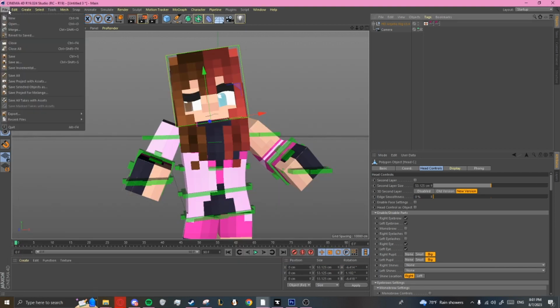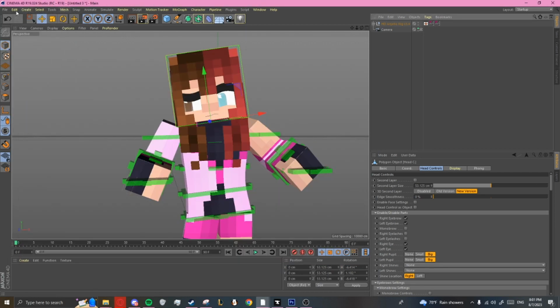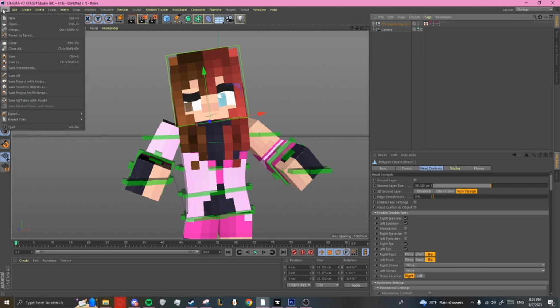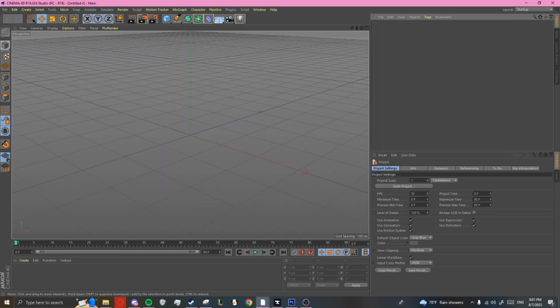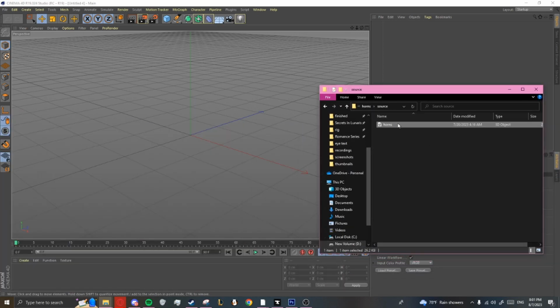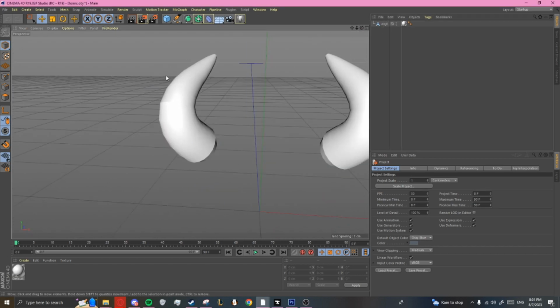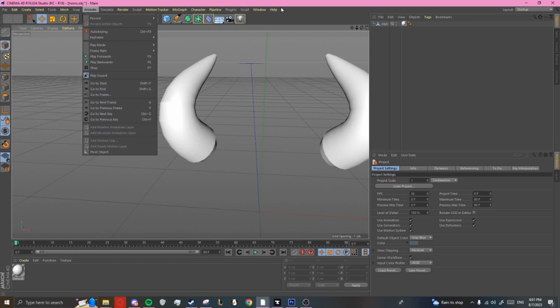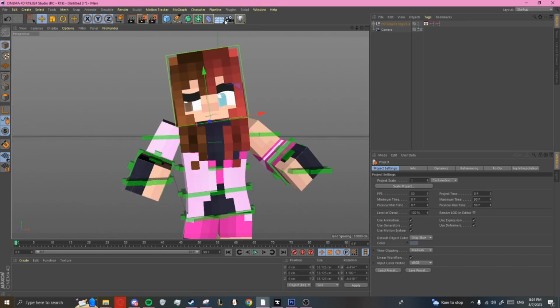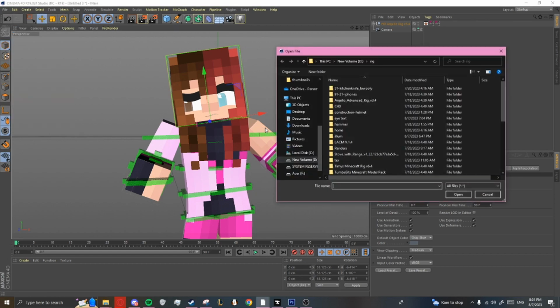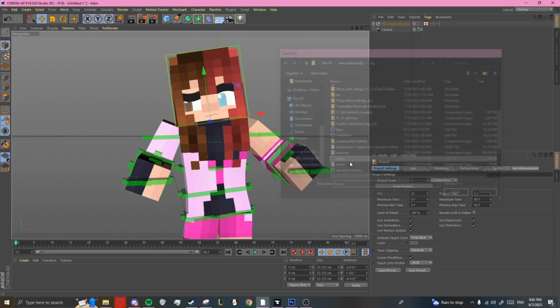Something else I forgot to mention is if you want to add 3D objects, basically the way I go about it is I go here, new, and I will move whatever 3D object I have from wherever I've gotten it. So for example, my character has horns, so I take wherever I have it and I drag it in, and now that I have this here, I save it, and then I go back to my original and I do file, merge, and I open my file,